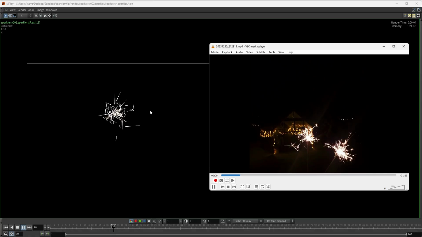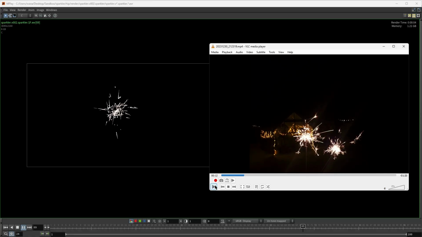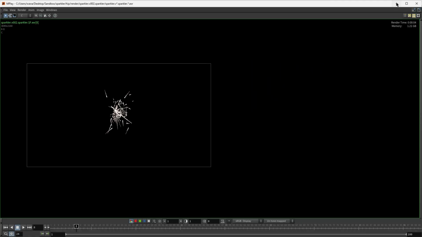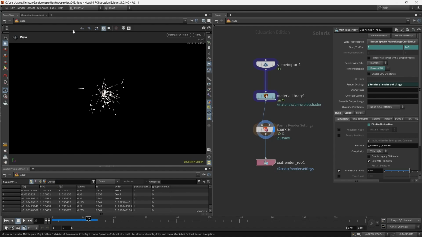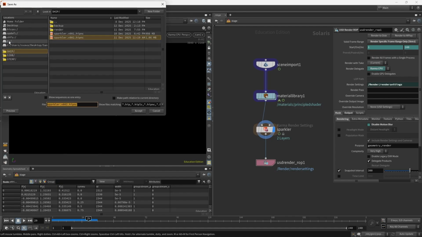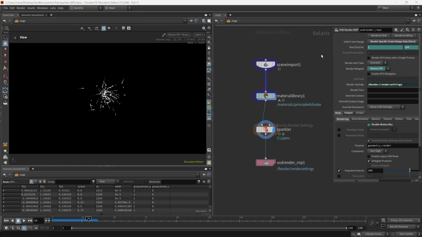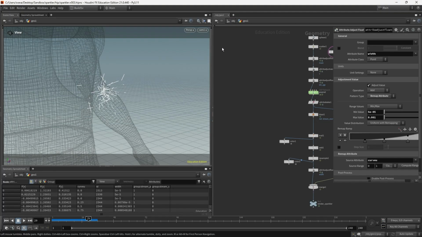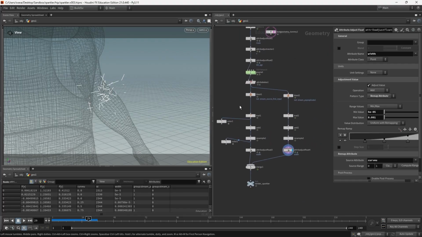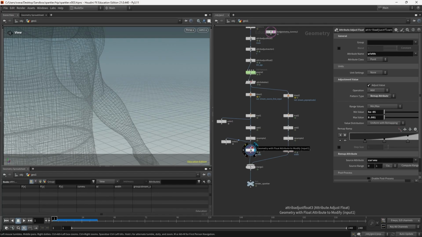And I would still like to do some more adjustments to the sparks. I'm going to version up my scene since I'm going to be changing things. It's going to be version 3. Then I'm going to go back to my system. I'm going to hide other objects. I want to first focus on the primary sparks, these.